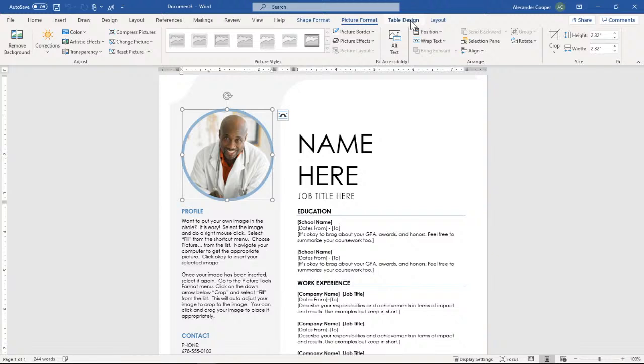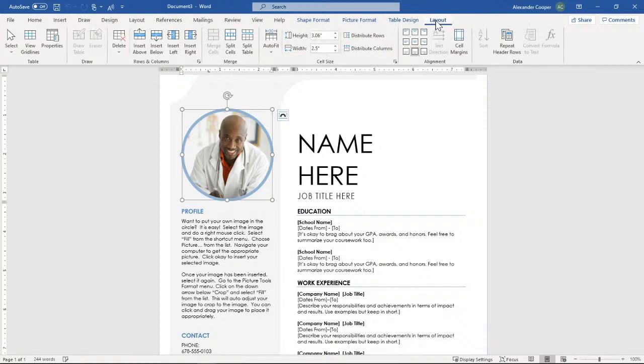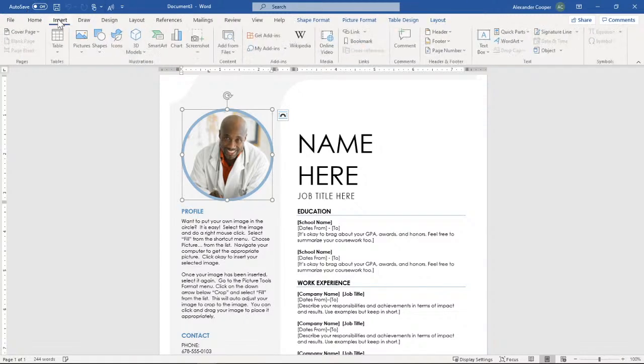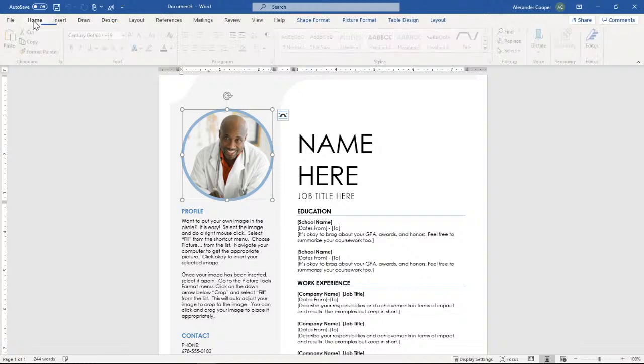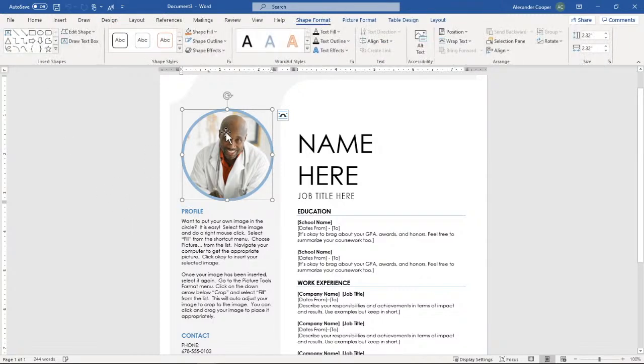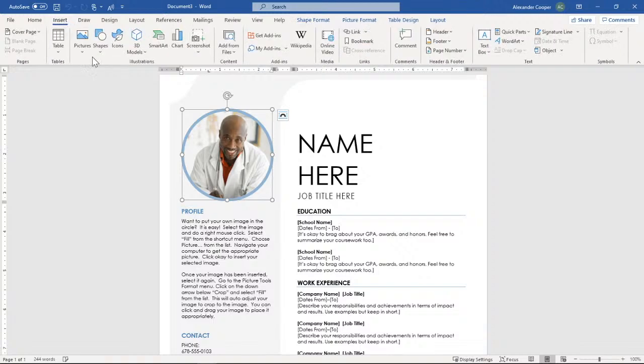Shape, format. Layout. Okay. Anyway, I'll figure it out here in a minute. Maybe because it's a template. Effects, page color. Okay. Anyway, so I can basically click this, click insert, see,